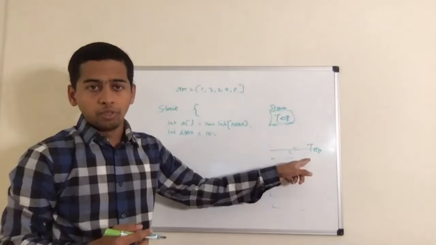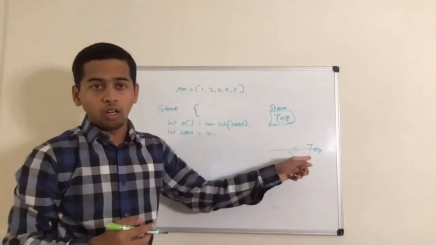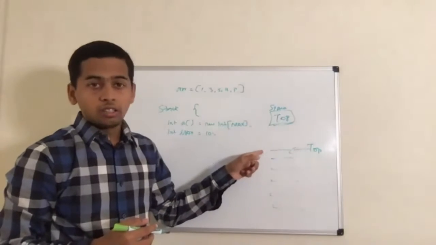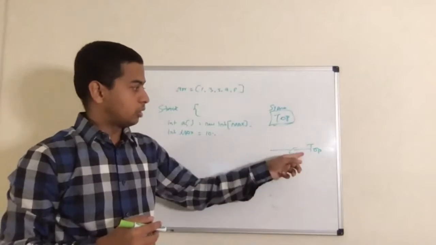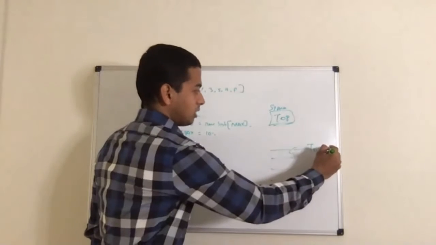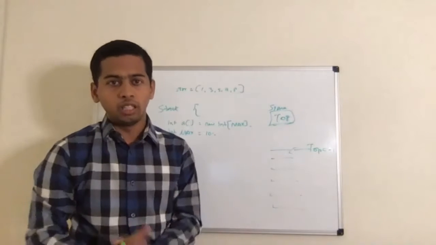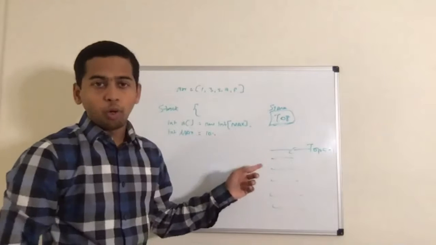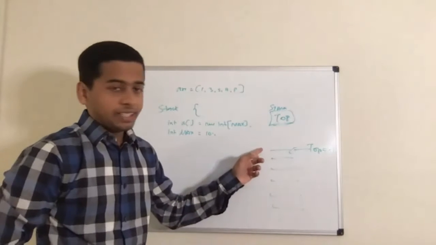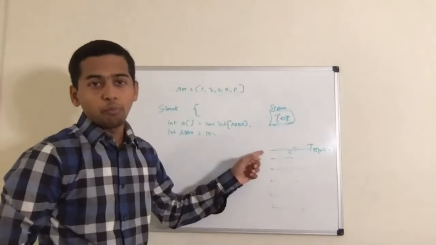It is called top. If I implement it using an array, what will I have? I will have a pointer called top, denoting the topmost record in a stack. If there is no record, we can initialize the top as -1, or we can say it is null, depending on the variable type we are using. But the point is, it can only have one pointer, and that pointer denotes the topmost record.